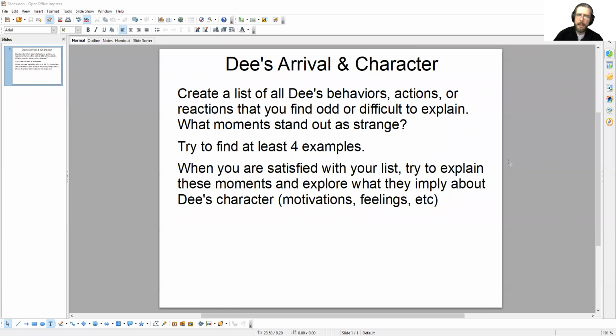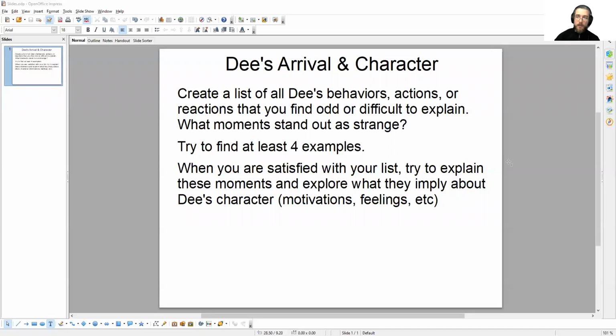Okay, everyone. In this video, we're going to be looking at Dee's arrival in the story Everyday Use by Alice Walker, and we're going to consider both her characterization and her relationship with the quilts. Dee and Maggie get into a kind of subtle argument or debate over which of them should receive the quilts. Although Maggie is willing to allow Dee to take them, the mother eventually comes to the conclusion that Maggie should